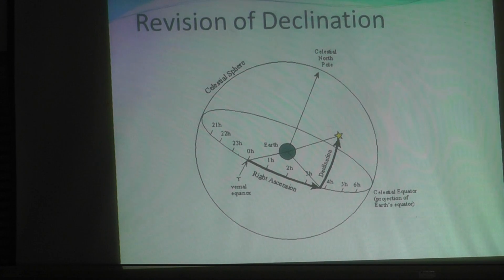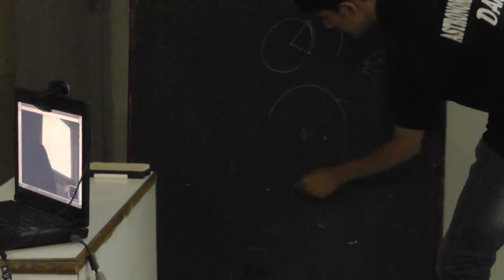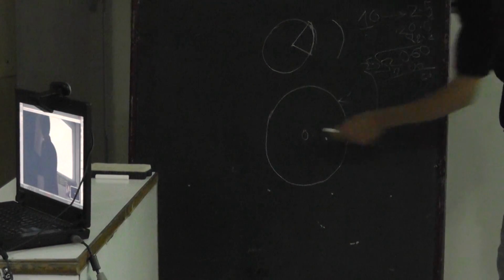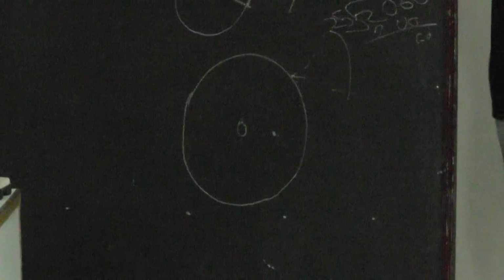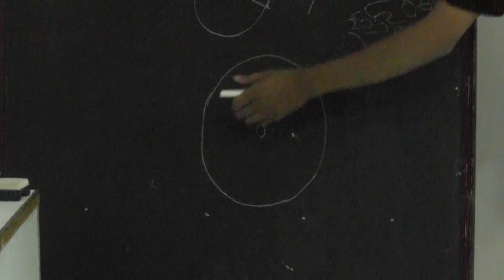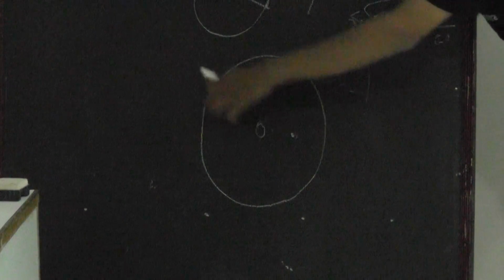So what they did, or what exactly is being done, is that if we project our Earth's equator onto the celestial sphere, okay, let me just show it by a diagram. If we assume this is our Earth and there is a big celestial sphere here, on this celestial sphere there will be stars. We assume that the celestial sphere is at infinity. So all stars are imprinted on this celestial sphere, and the Earth is rotating around its axis and going around the sun and so on. Now, what we say is that we project the equator of Earth onto this celestial sphere.